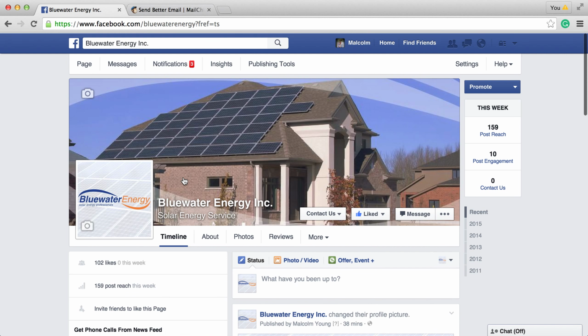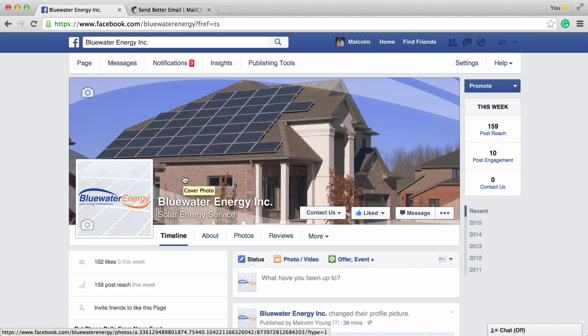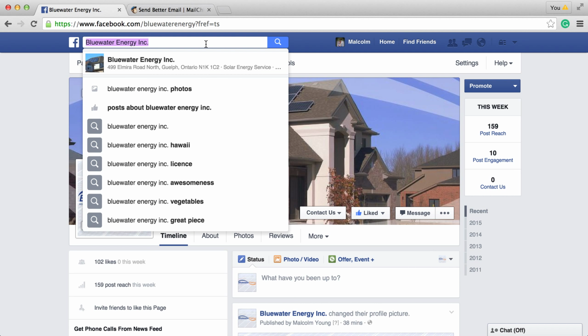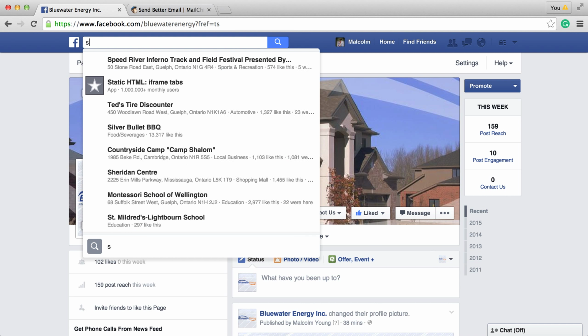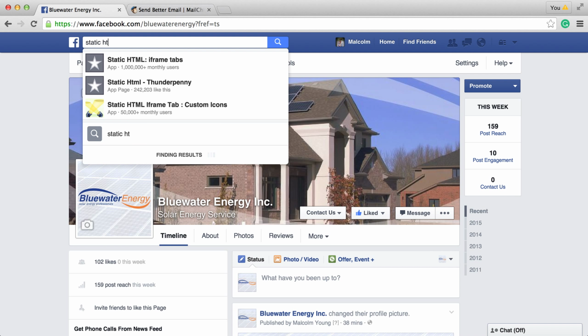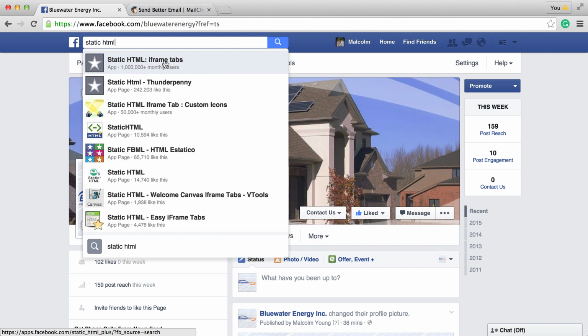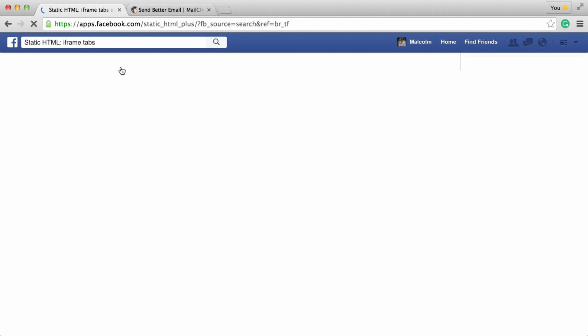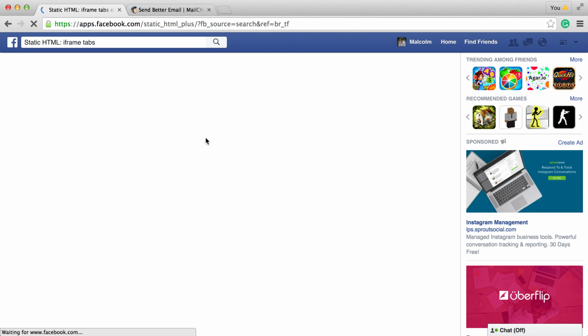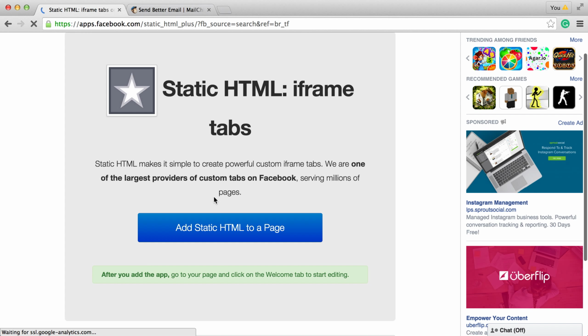So you can see here, this is the Facebook business page that we set up for them. The next thing you need to do is go to the search bar at the top and type in static HTML, and then go to this first one that says app. It'll take you to a new page, and then it'll take a second to load, and then you want to click add static HTML to a page,